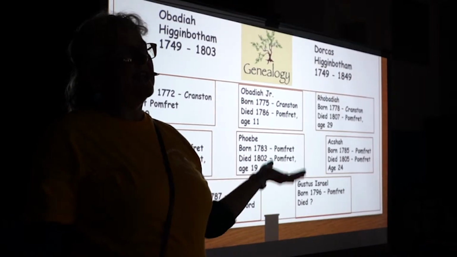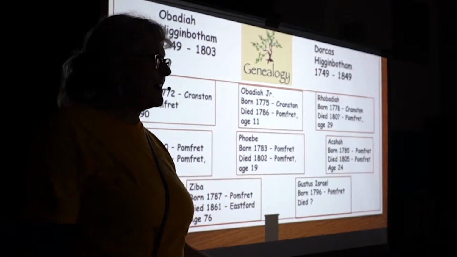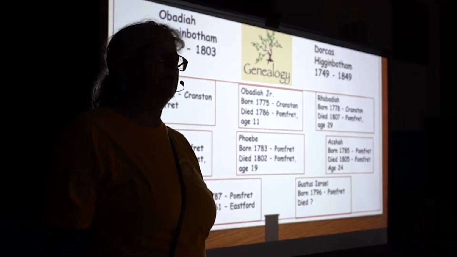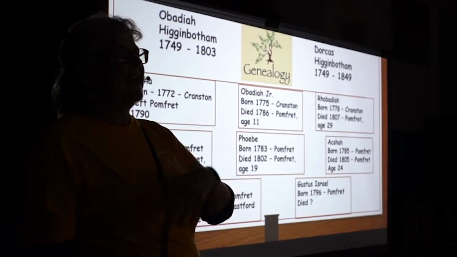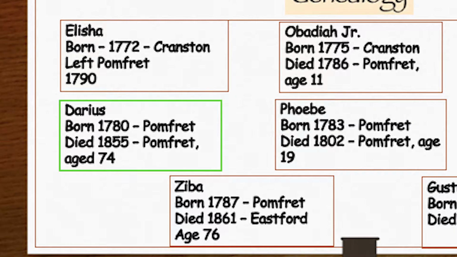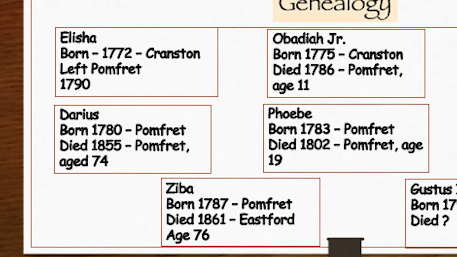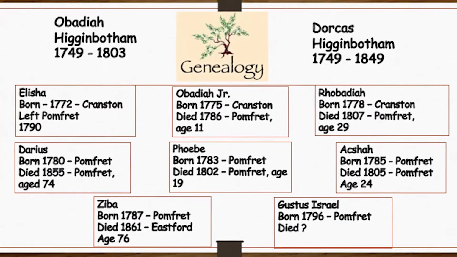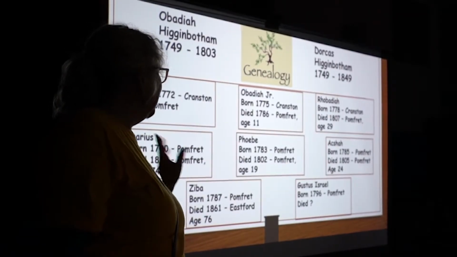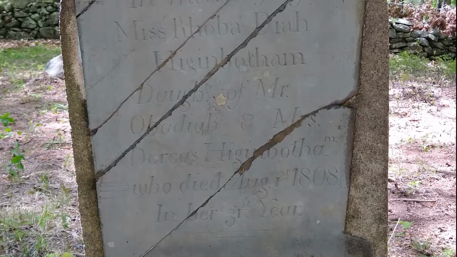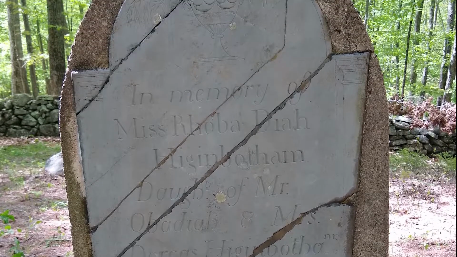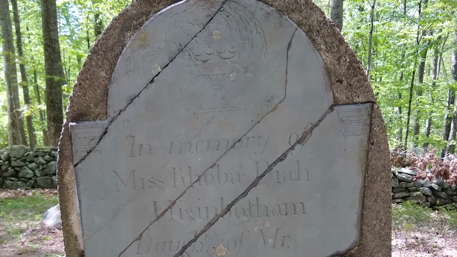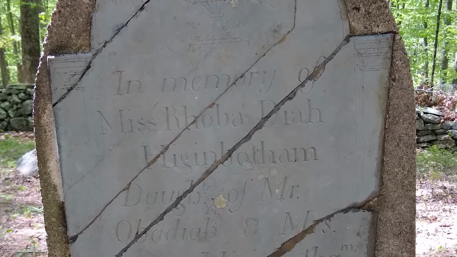When she was born in 1778, the year that Obadiah buys the land, there's a smallpox epidemic. There are Hessian soldiers marching up and down the coast. They're occupying Newport. So I can't blame them for wanting to get the heck out of there. Darius is the one who ends up carrying on the legacy of his father's work and the farm. They had a daughter, Phoebe, who died in 1802, a daughter, Asha, who died in 1805. Obadiah dies in 1803. And then Obadiah dies in 1807. There's this pattern just about every year and a half that one of them dies.